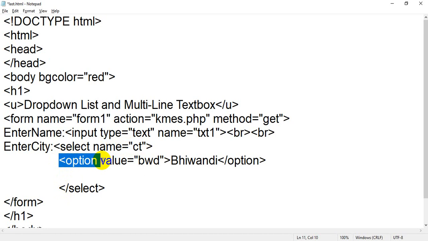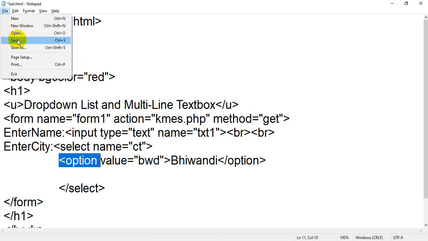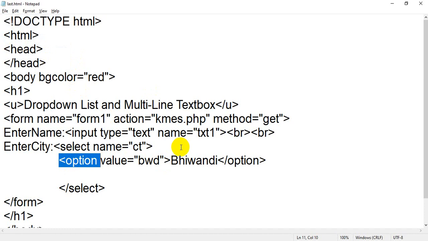Like in the last lecture we have seen table tag. In table tag we have tr and td tag. These are sub tags of table tag. In the same way, in standard 11 we have seen li tag, that is list item. These are sub tags of ol tag, that is ordered list, and ul, that is unordered list. In the same way option tag is a sub tag of select tag. So I just want to show the output of this line so you will get what is going on.